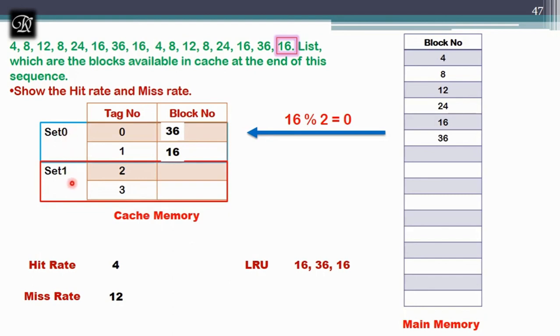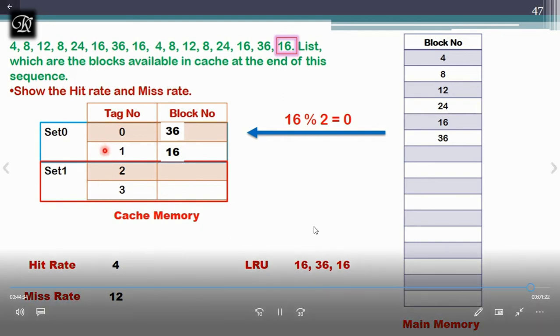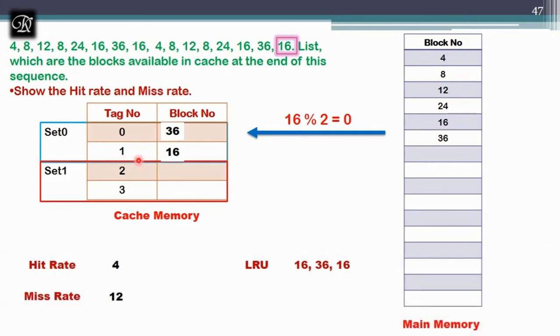If I go with the previous one, in set associative, how many comparators are required? Only 2 comparators. If I go with the previous discussion, associative mapping, where we were using 4 lines, I need 4 comparators. Here the comparator count is divided by 2. And in direct mapping, the problem was we were not well utilizing the cache. But if I compare the result with direct mapping and set associative mapping, the number of hits in the set associative mapping is 4 and in associative mapping is also 4.